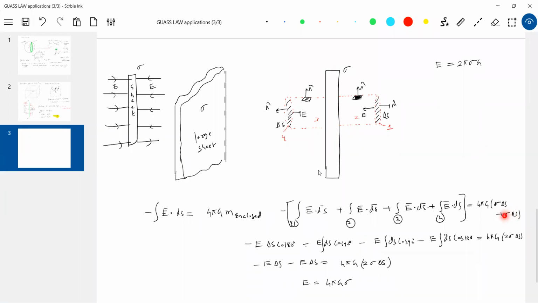The same mass, what happened? We are writing it twice here. What is the mass enclosed by these two cylinders? Because what is the net mass enclosed by the Gaussian surface? What is the Gaussian surface? Here the cylinders are the Gaussian surface. This is a sheet. So this should not be there. Okay, fine. This should not be there.